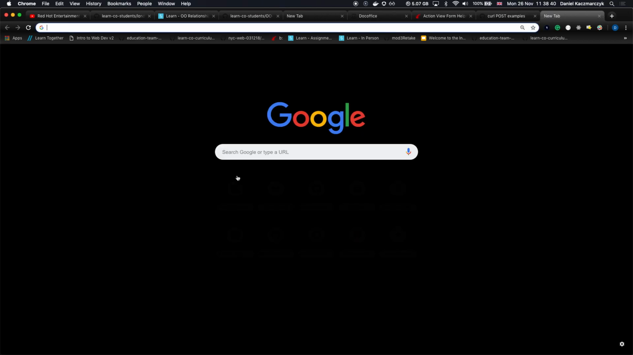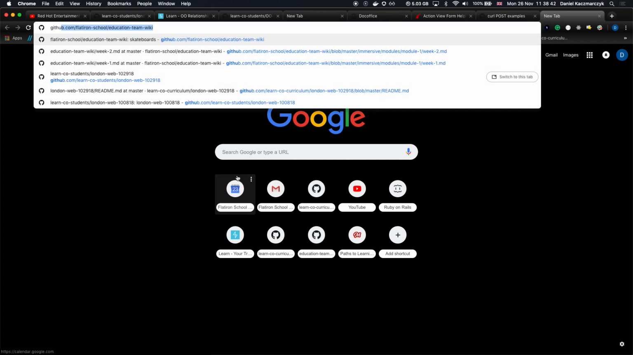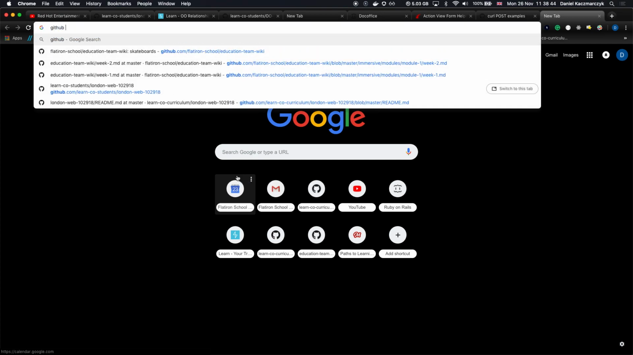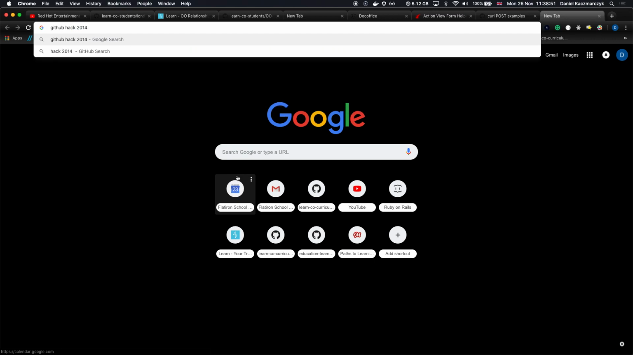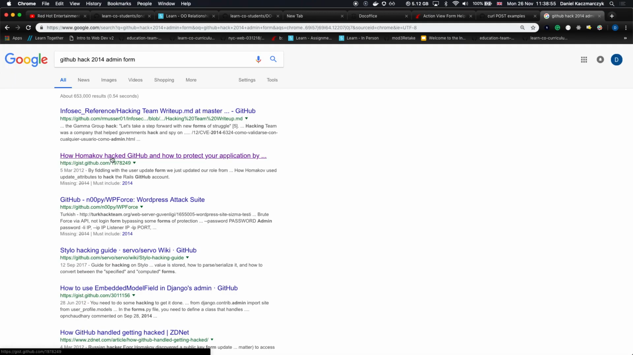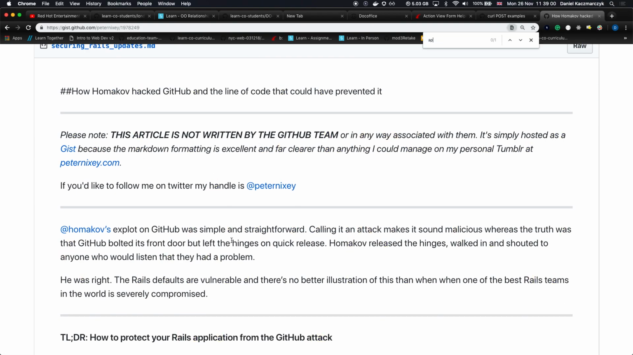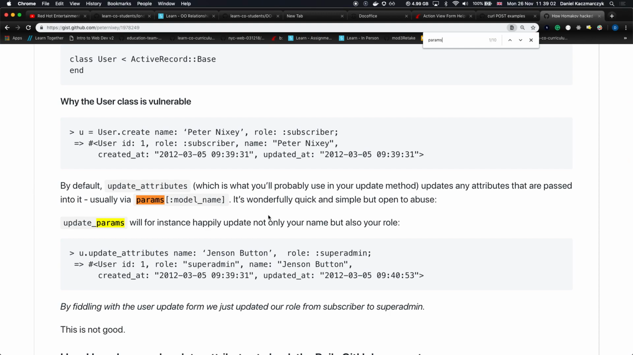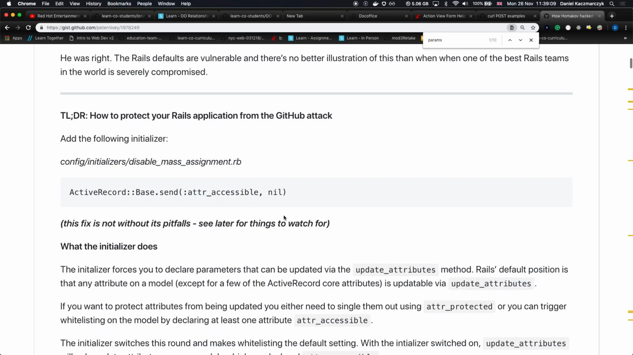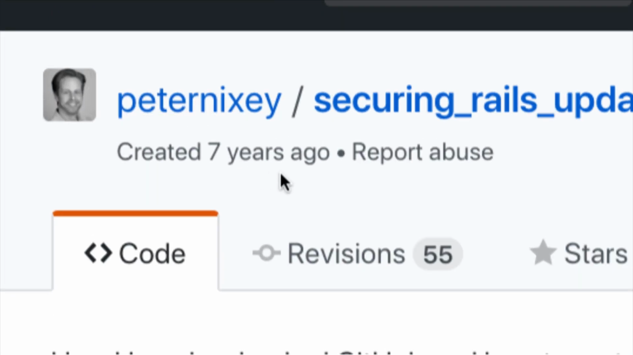But if you want to Google about GitHub, it's not script injection. It's actually even sillier and simpler. GitHub hack 2014 admin form params. So GitHub runs on Rails, right? The majority of the GitHub stack is Ruby on Rails. There's this nice little article that you can Google for yourself